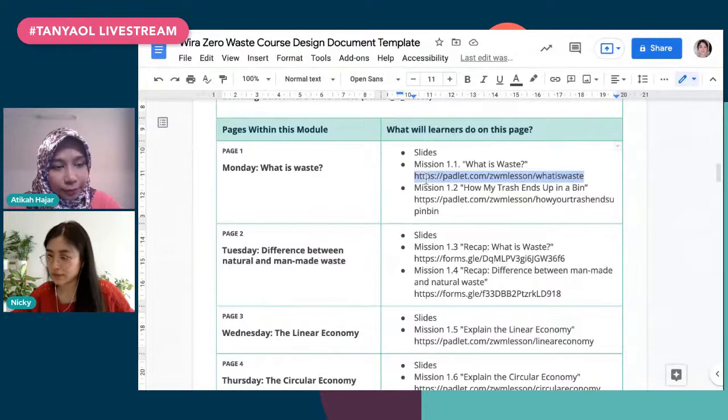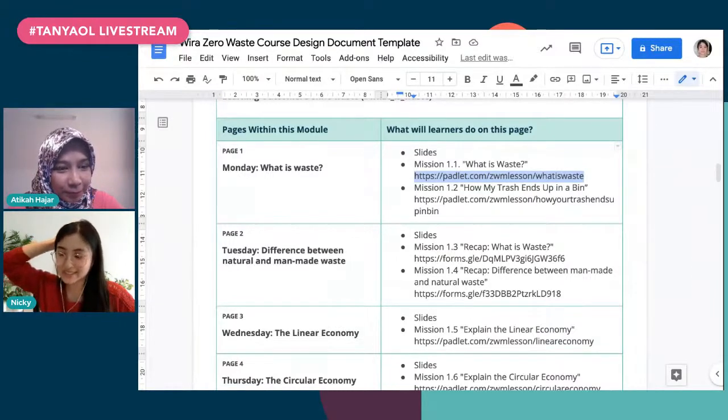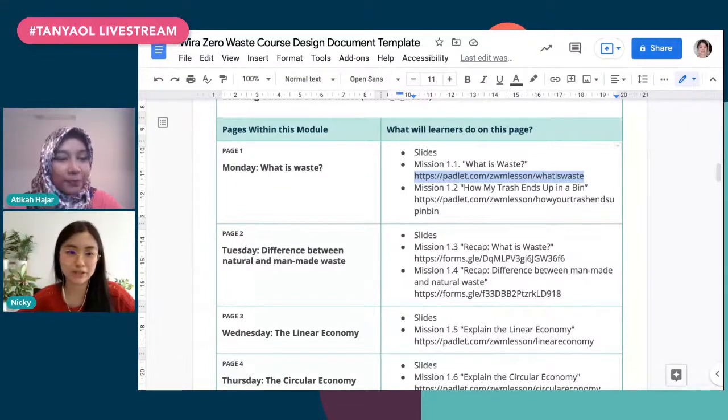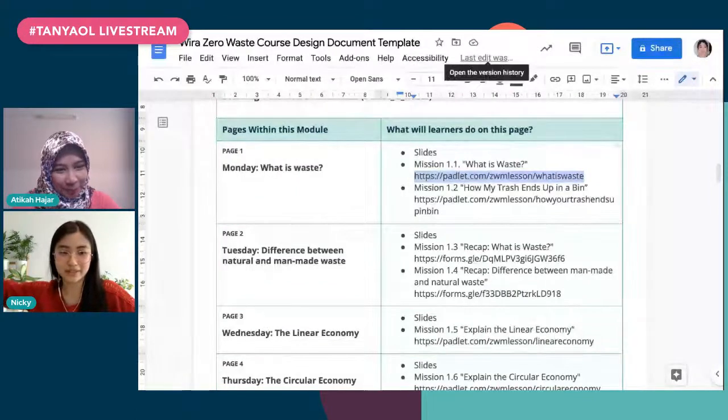If you're turning your existing content into an online course, and you're thinking, oh, I don't want to waste time making a course design document because I already have a course structure, well, I would say it's okay to do that, but it's pretty easy to lose track of where you are and what you're building. And then you find yourself halfway through the course and you don't remember what came before, you don't remember what's coming later.